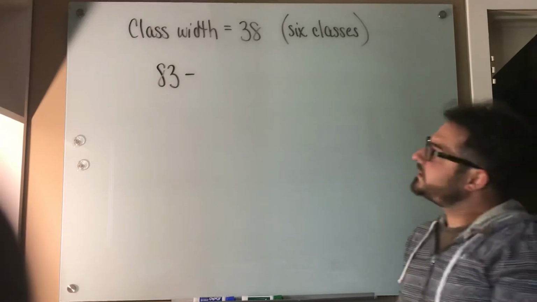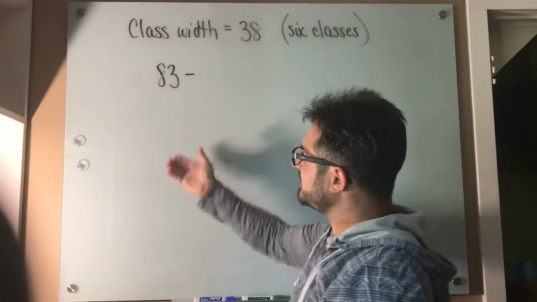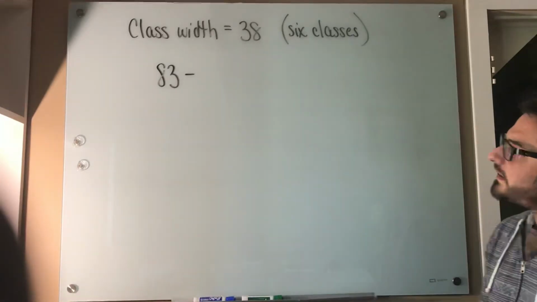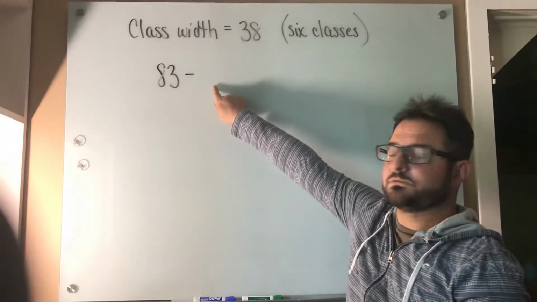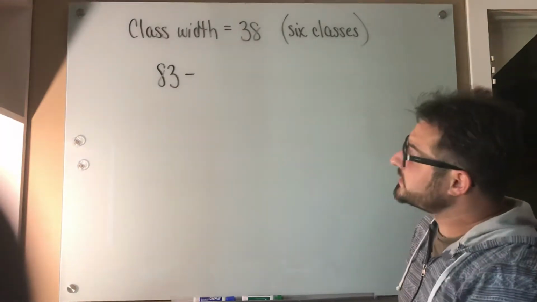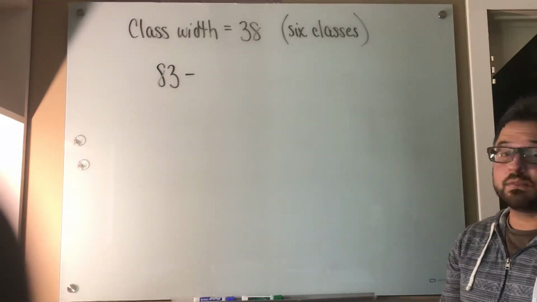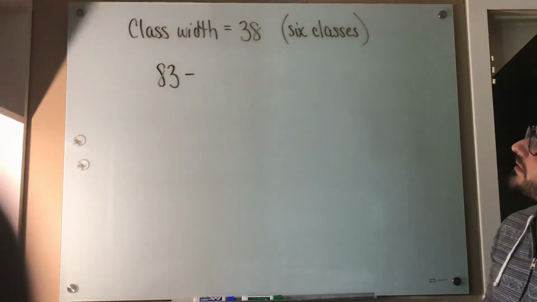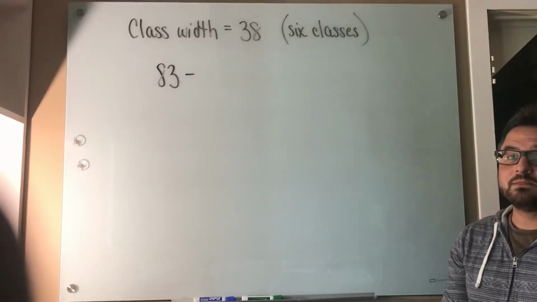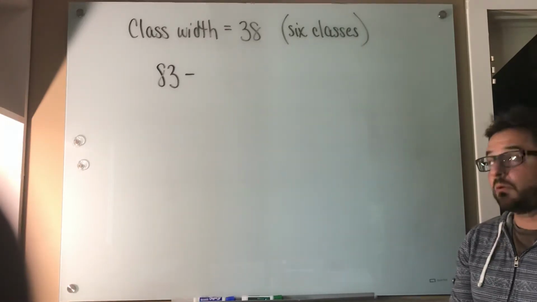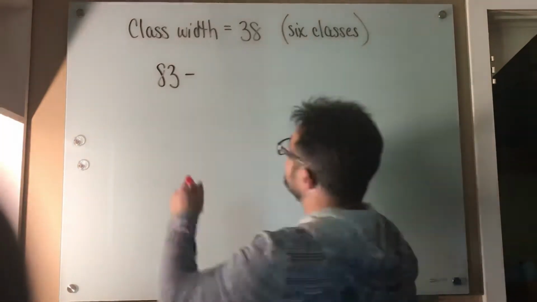Now, we also need the upper limit of the class, and then the lower and upper limit of the next class, and so on. Oddly enough, we actually are not going to get the upper limit of this class right away. What we're actually going to do is find the lower limits of each class before we find any of the upper limits. The class width is the difference between successive lower limits, or between successive upper limits. So what we're actually going to do